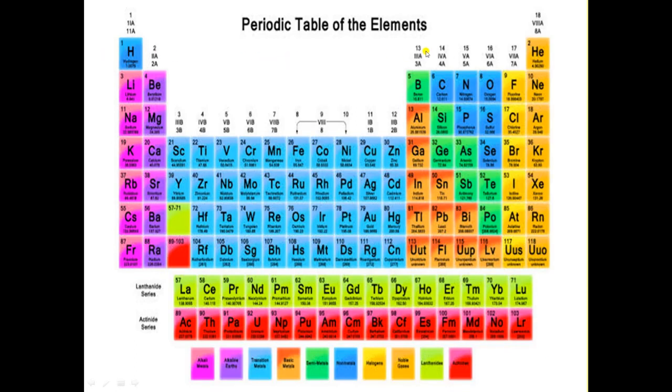This is first period, okay, from here to here. Now this one is second period, third one, fourth one, fifth one, sixth one and seventh one. Okay, so there are 7 periods and 18 groups. You can see here that this is first group. The vertical column is known as group. So this one is first group, this one is second, third, fourth and so on, up to 18th group.